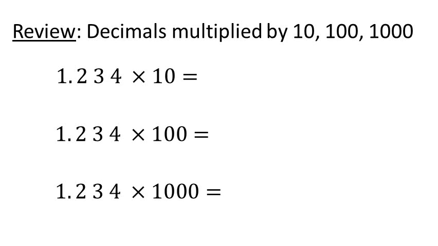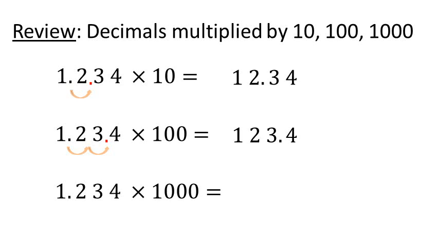For example, 1.234 times 10. Since 10 has one zero, you need to move the decimal point 1 to the right. So the answer is 12.34. Likewise, 1.234 times 100. Since 100 has two zeros, you need to move the decimal point 2 to the right. So the answer is